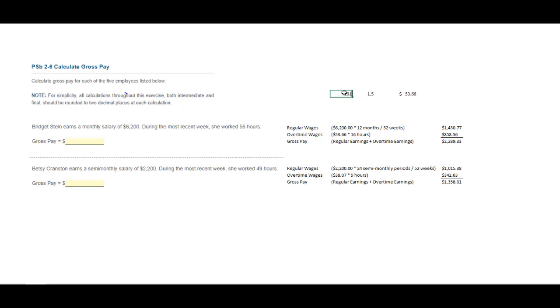Equals 1,015.38. Divide by 40 hours. Comes out to $25.38. That is the regular wage rate, and then multiply by 1.5 gets us the overtime wage rate of